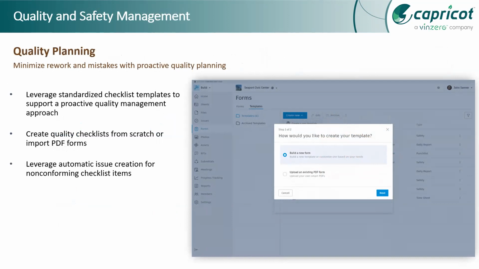So we are talking about the quality planning. So quality planning is what minimizes the rework and mistakes with the proactive quality planning. That is how we can create multiple forms in the platform from, let's say, the organizational work structure that we have, or a new form altogether if we do not have any specific form style. So we can create these multiple checklist templates within the platform, which the team members who are responsible for filling the form and submitting the forms are notified in the initial template. And then these forms can be sent to different managers or different people who are responsible for responding to the forms that we share.